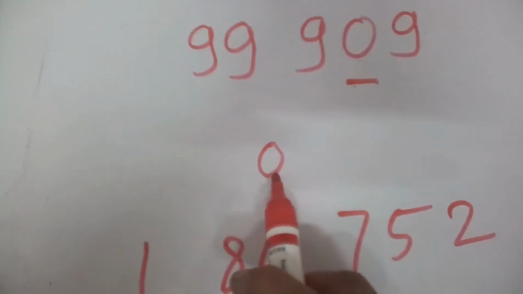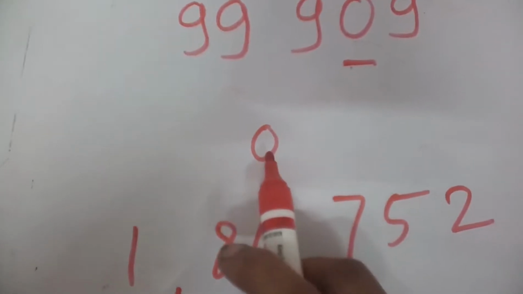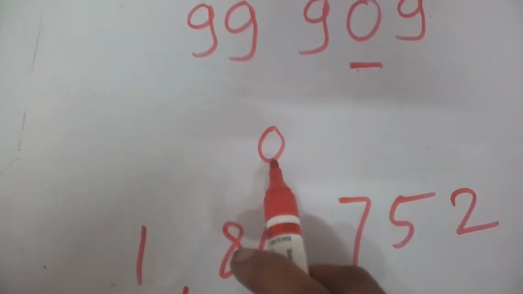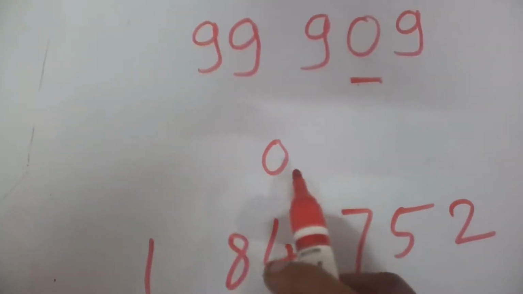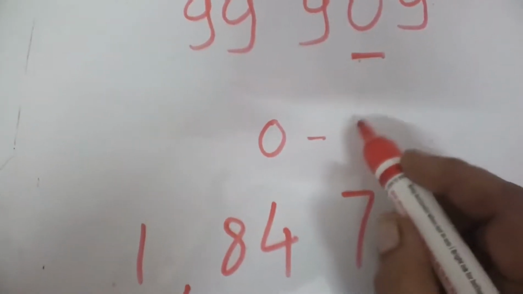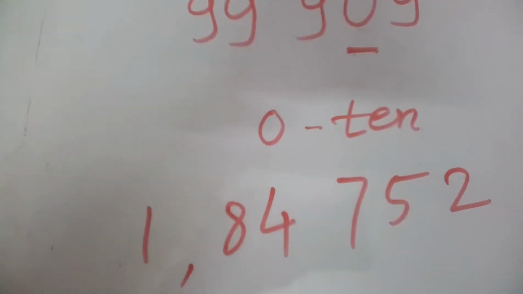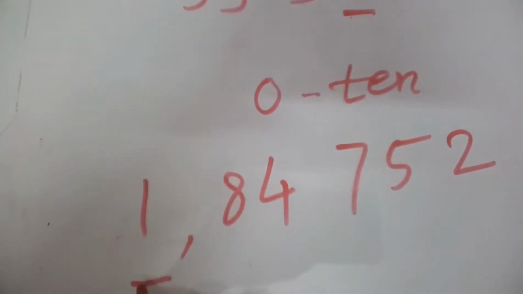What is the place value of this 0? It is at tens place. It is at tens place. The face value of the 0 is 0, but it is at tens place. So the place value is 10. Then